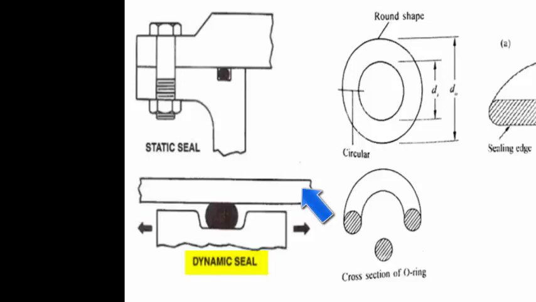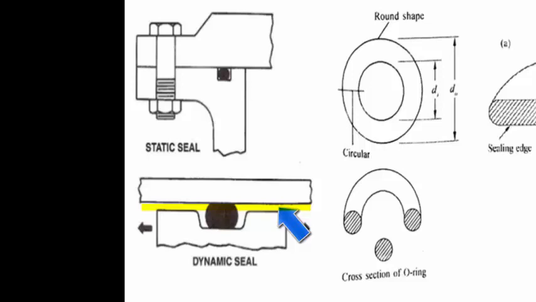Now the piston has to reciprocate inside the cylinder. You don't want a lot of oil to flow in this particular gap to reach the other side, so you are using a seal. Now the question is whether it is a positive seal or a non-positive seal. This will be a non-positive seal because it has to allow the presence of oil on the cylindrical surface. If the oil is not present here, this seal will be moving against a metallic surface.